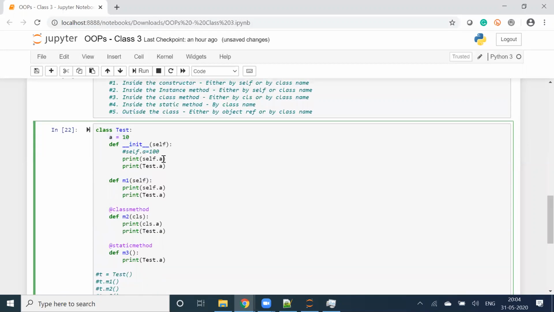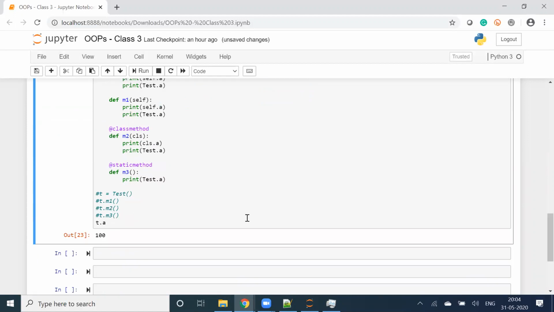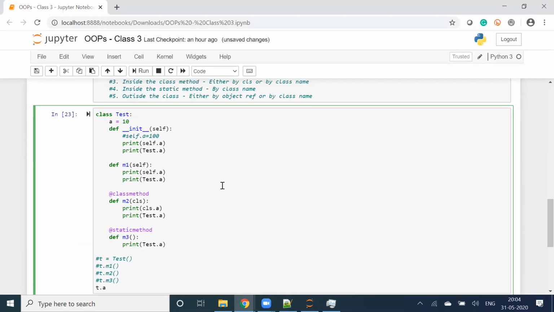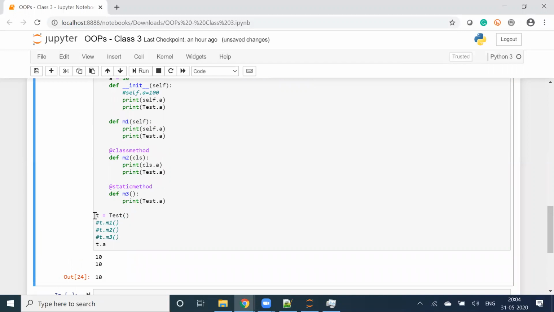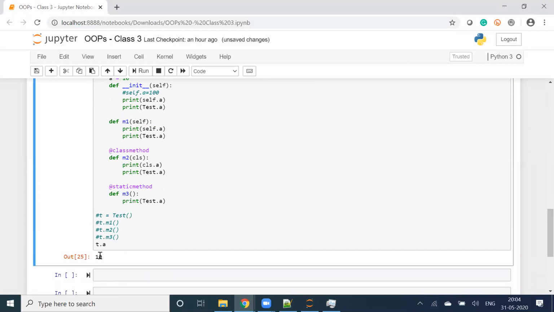Let me comment it out. Execute. Now what will happen? I have to create the class again. Sorry. You see? Now I'm getting 10, because I don't have any instance variable anymore.